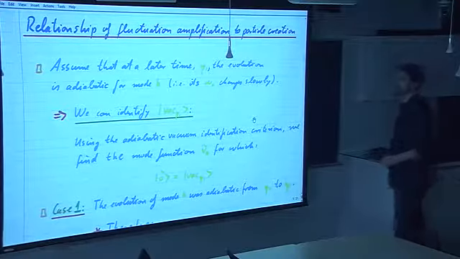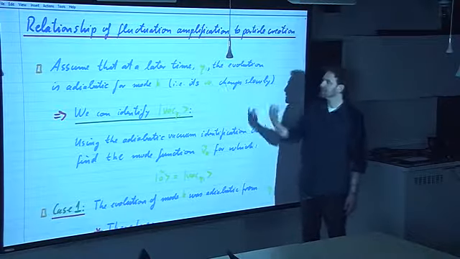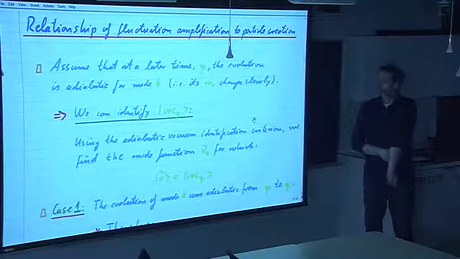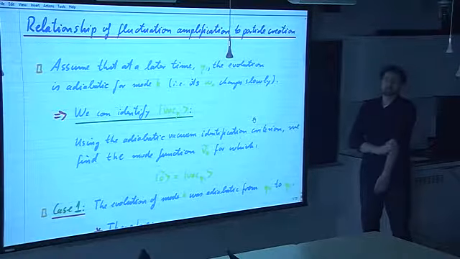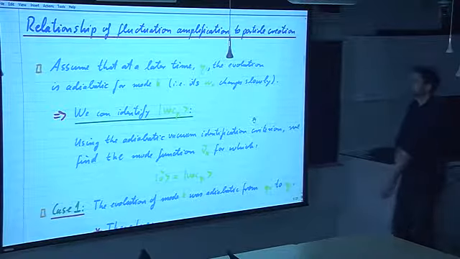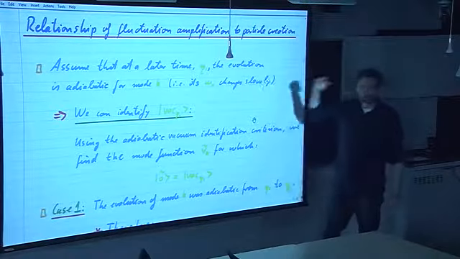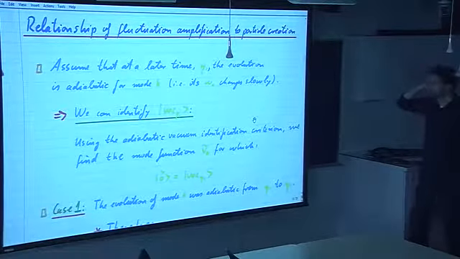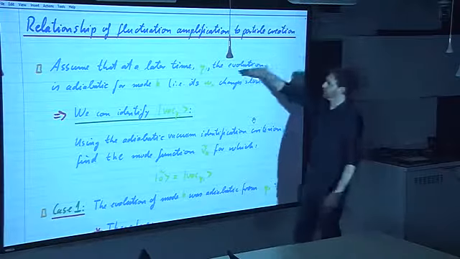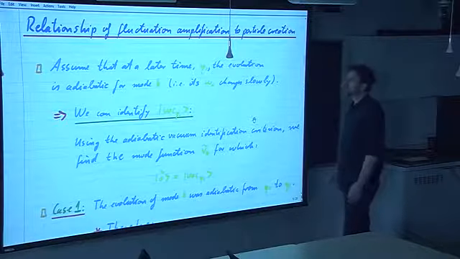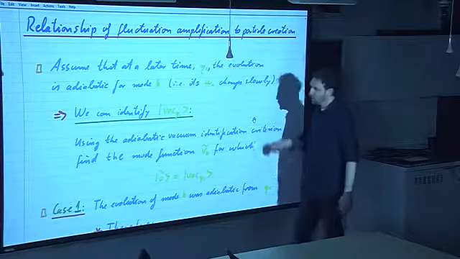Let's say that at the time eta 1, the evolution is adiabatic again. It may not have been adiabatic in the meantime, but let's say it is adiabatic again at time eta 1. Which is to say that for this mode, the omega k changes slowly. Okay, so if at the later time eta 1 the evolution is slow, it's adiabatic, then we can identify which